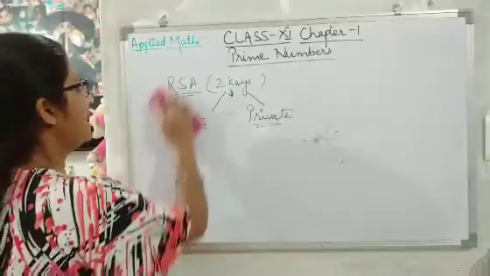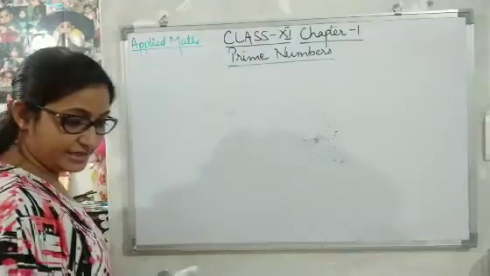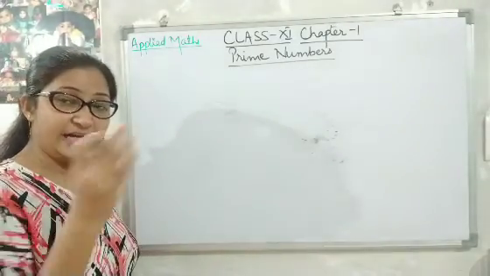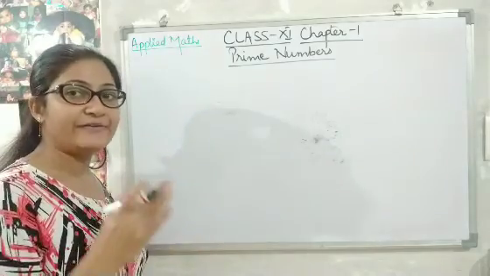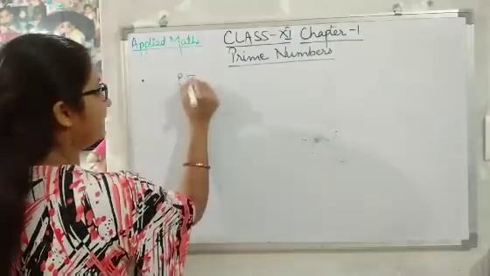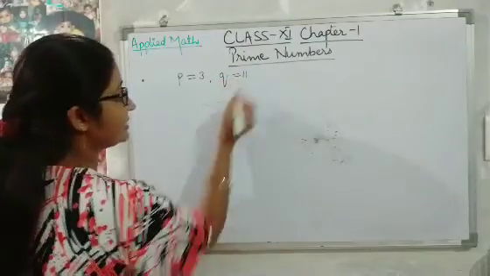So now let's see how we are going to implement this. I am taking here an example. We are going to follow the same steps which I have just explained about the RSA algorithm. Okay. So the first step was that I am taking P as 3 and Q as 11.